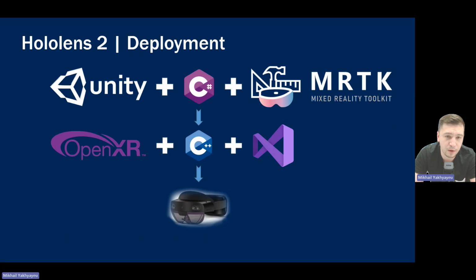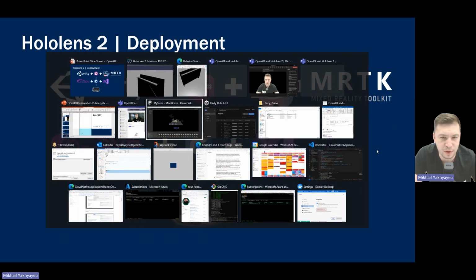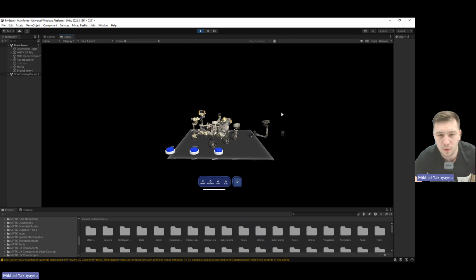But nevertheless, if we are using Unity with C#, we have to build our solution first into the OpenXR with C++, and then use Visual Studio to build our solution a second time and deploy it into the HoloLens. So there is a middle step of building those applications. You are not just building directly from Unity, you have to first build it into the C++ solution anyway. And yeah, we will discuss the Azure integration later, but now I want to show you how the development in